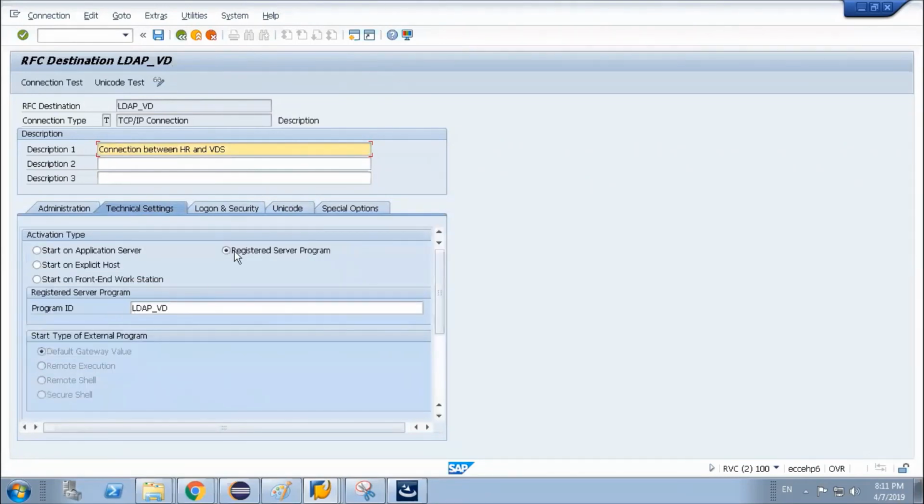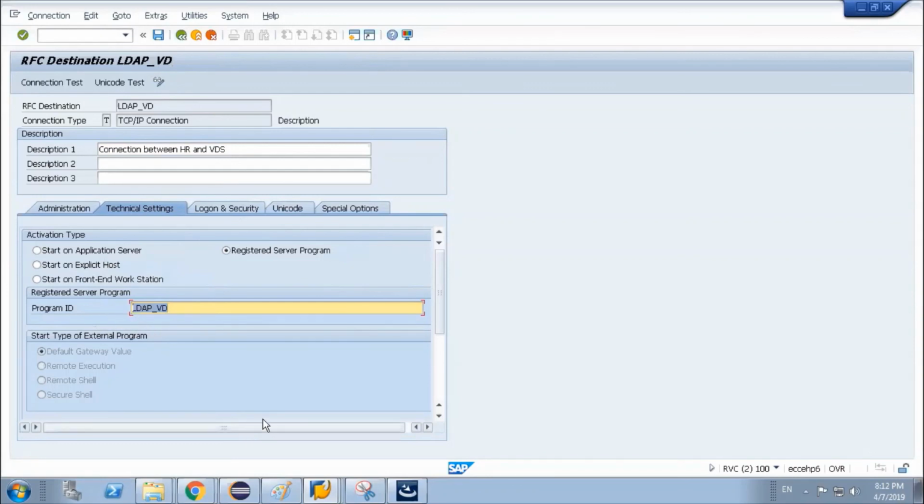In the original, registered means the licensed version of the system. Whatever you put should be automatically registered in the kernel. This ID should be automatically registered, but here it is not registering, so we have to register it somehow.